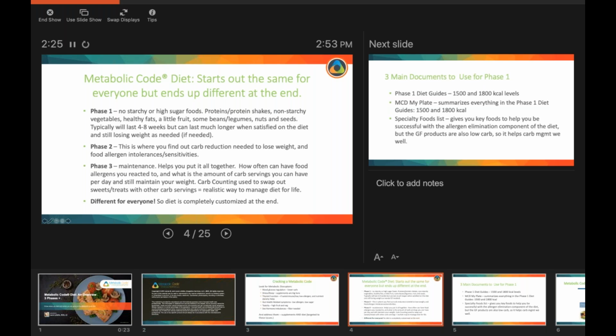But by the time you go through your processes in phase 2 of tweaking your starchy, higher carb food intake to where you need it, and by the time you've eliminated the food allergens and then done your food allergen reintroduction trials, you get an idea what foods bother you and what foods don't, what carb level you can handle. And so at the end in phase 3, where we show you how to put it all together, you really see how you've customized a diet that works for you,